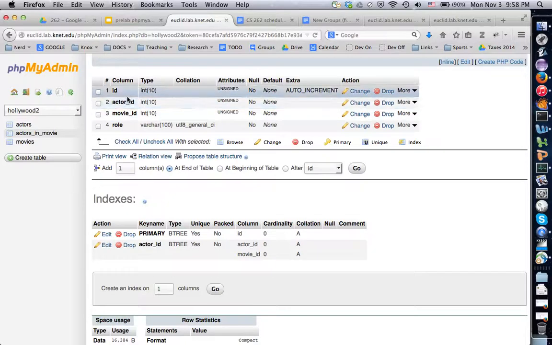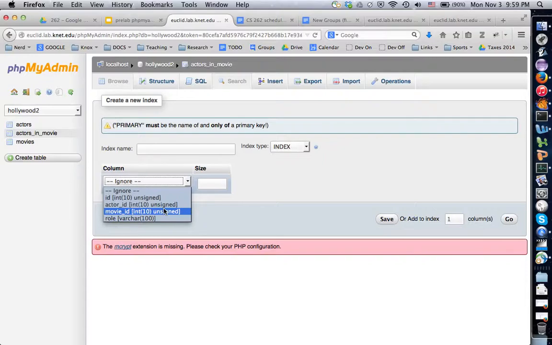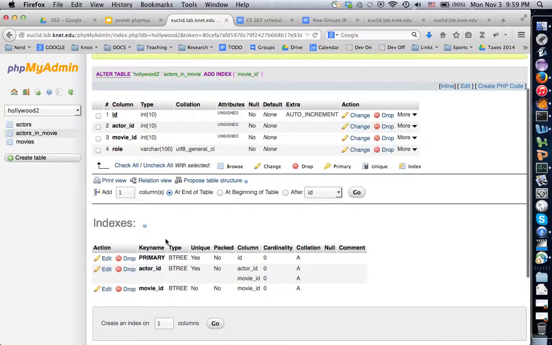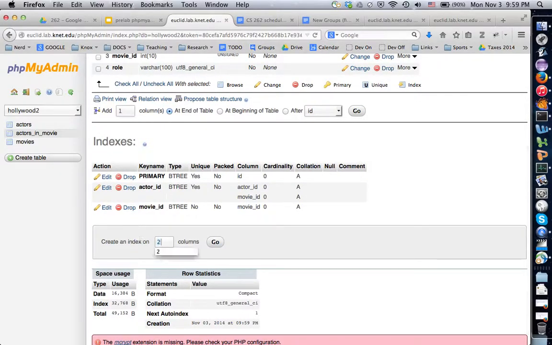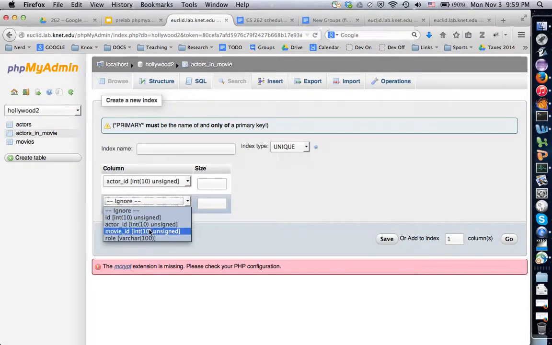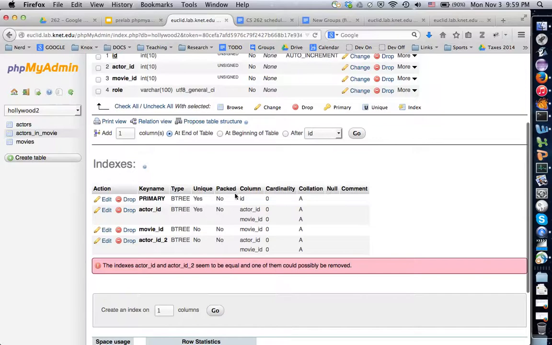Now, these are both foreign keys. We've put this unique index on it. I'm going to also create, watch this, a regular index on movie ID, save, and I'm going to create another index, let's see if this works, on the combination of actor ID and movie ID. And I'm going to call this just a regular index. Let's see if that works. That totally works. So now I've got a whole bunch of indexes going on here, and